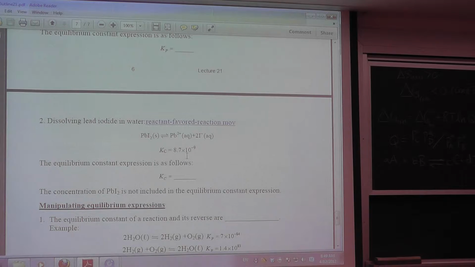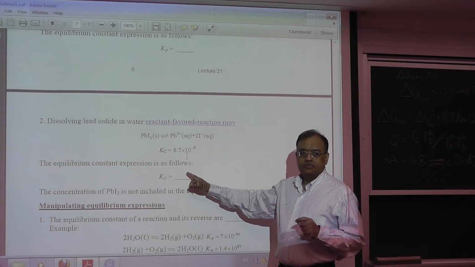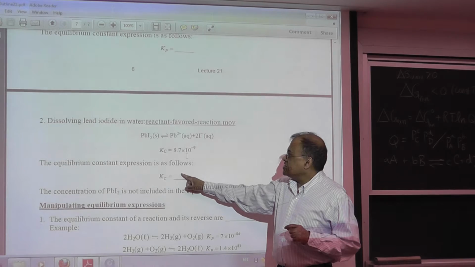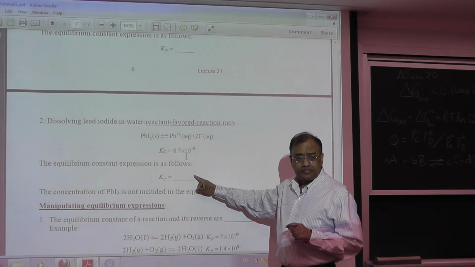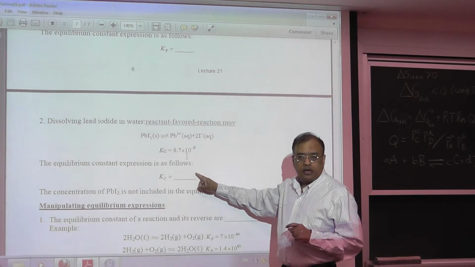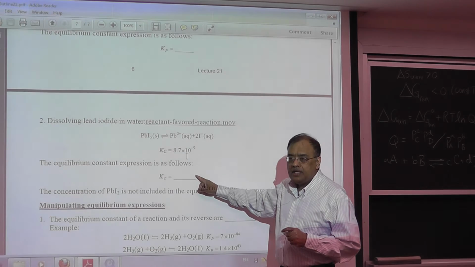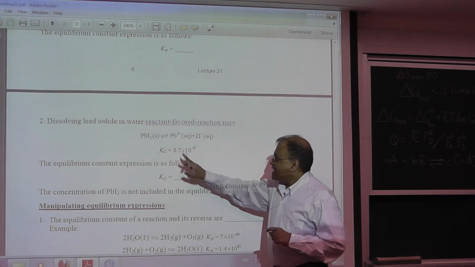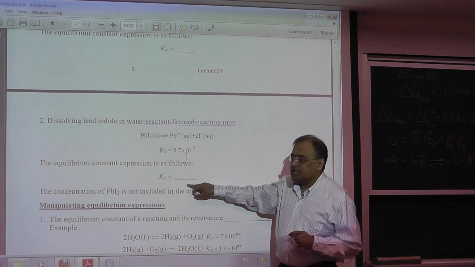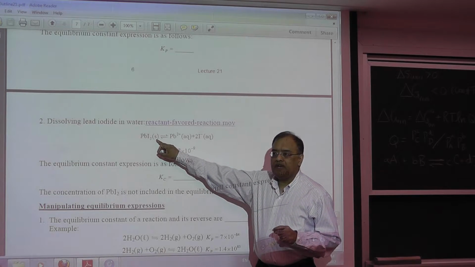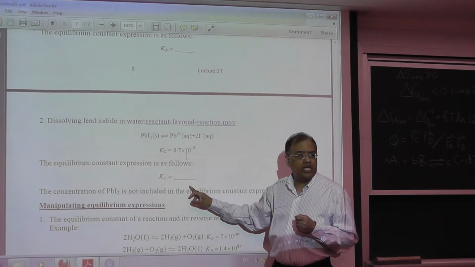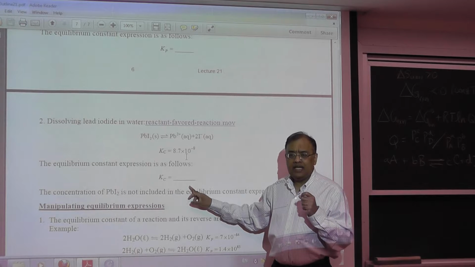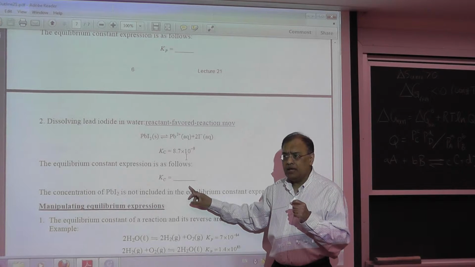If we write K sub C for this reaction, what will be in the numerator? The concentration of lead 2 plus multiplied by the concentration of iodide squared. But in this case, we do not put the concentration of lead iodide in the denominator. Whenever you have a pure solid or a pure liquid, we will see in class on Wednesday,